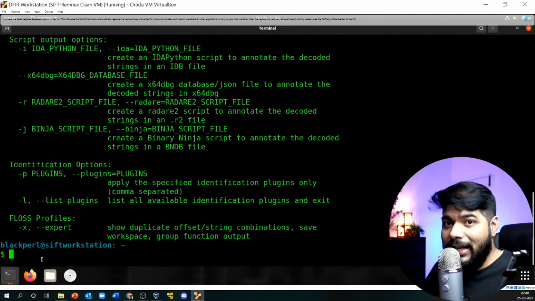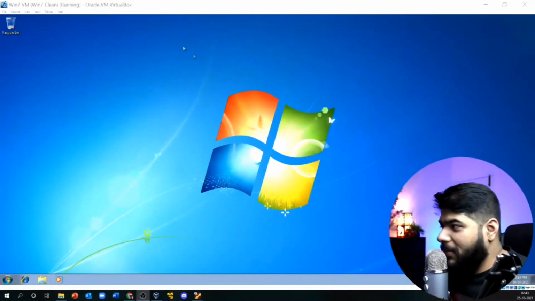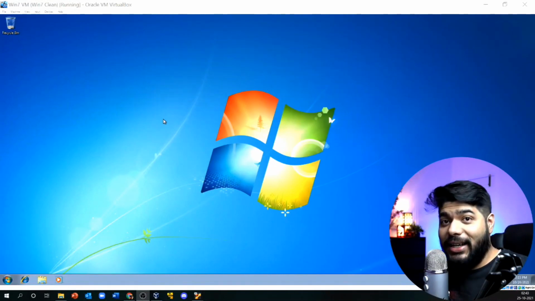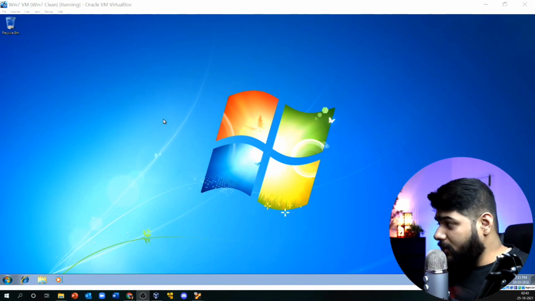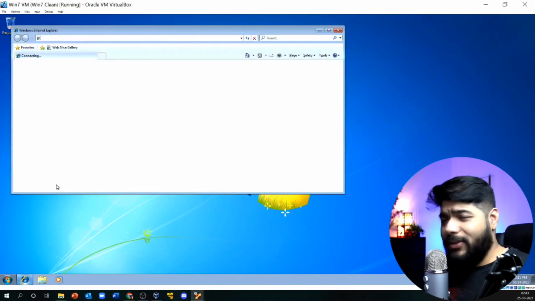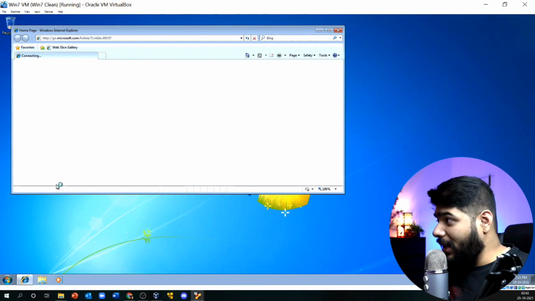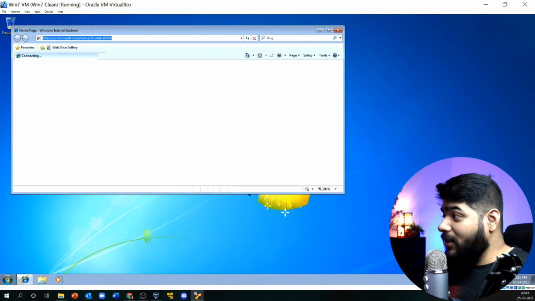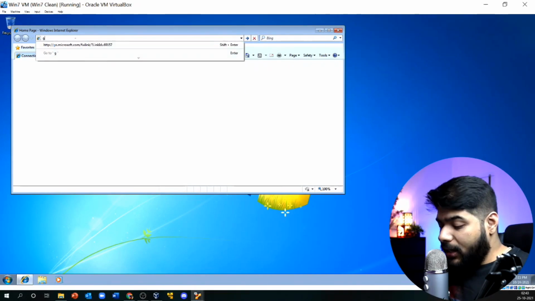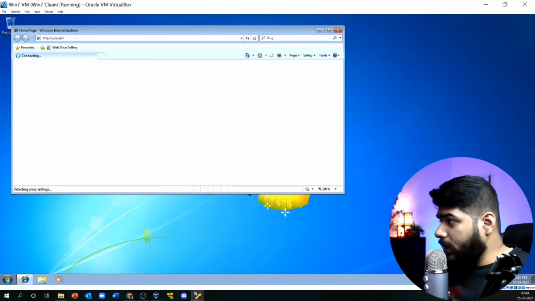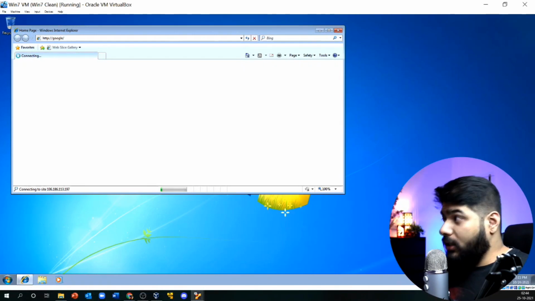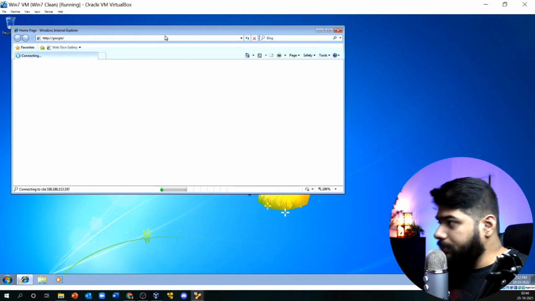Now let's build our Windows machine, which is our sandbox. This is our clean build that we have just built, and this is the Windows 7 VM. Again, I believe you people do not need my help to build a Windows 7 box on a virtual machine. Right now, if I do a quick Google search, you will see that this machine is still reachable to the internet, because we haven't cut off the internet connectivity on the machine.